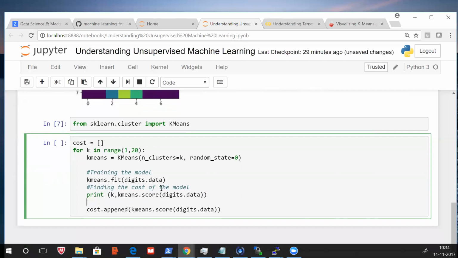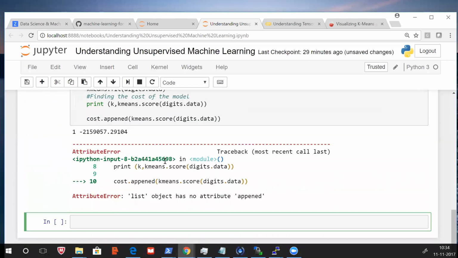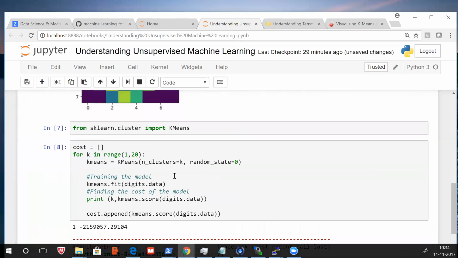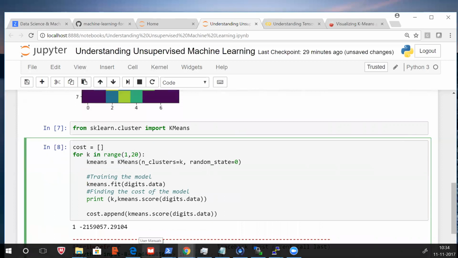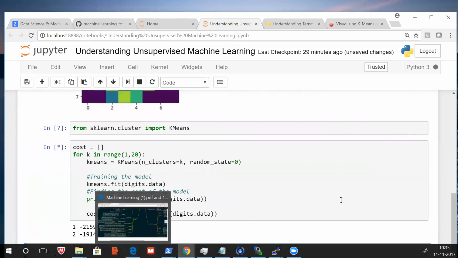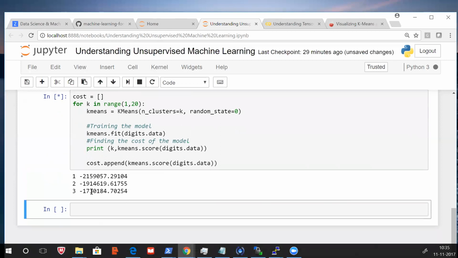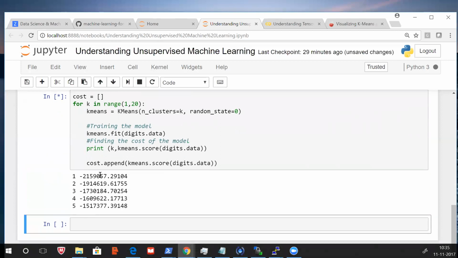Okay, so if we run it, see, it is number of cluster and it is the cost.